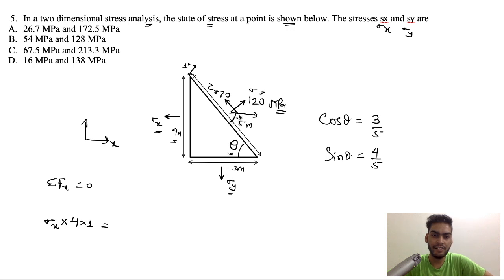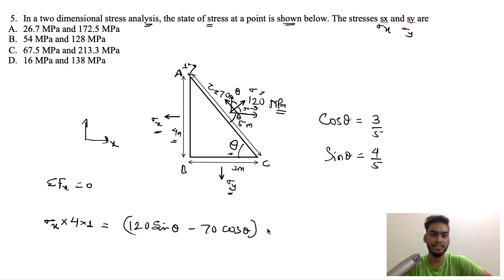This angle will be 90 minus theta, and from vertical this angle will be theta. So from that we can write 120 sin theta, and the component of the shear stress will be minus 70 cos theta, and this is acting on this diagonal. Let's say this is A, B and C, so AC is 5 meters, so here it is 5 times